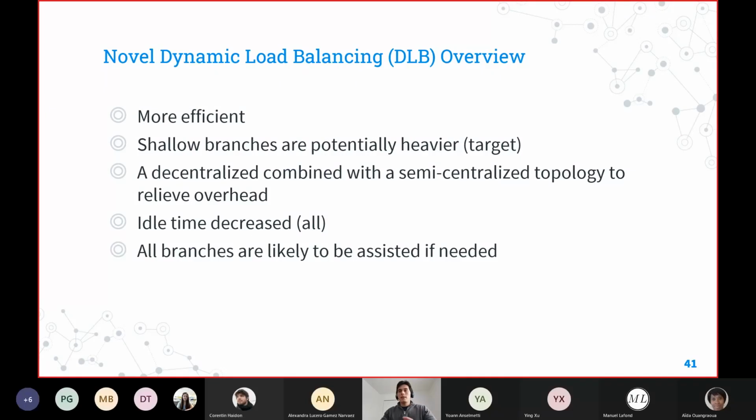It is developed with a decentralized topology combined with a semi-decentralized topology to relieve the communication overhead. This topology will be explained in a few more slides. And of course, with this novel dynamic load balancing, we are reducing the idle time. And since the default strategy is random, that also means that all branches are likely to be assisted equally.